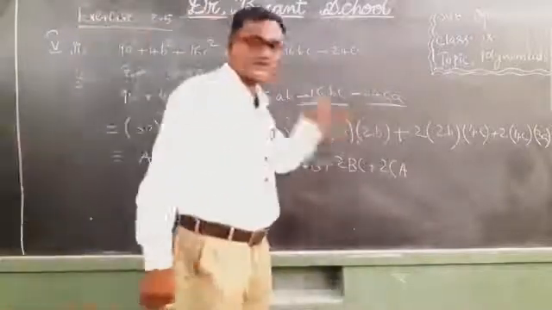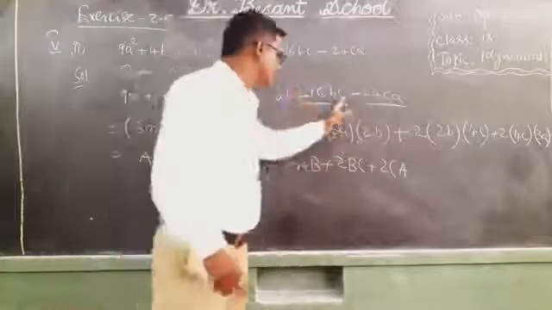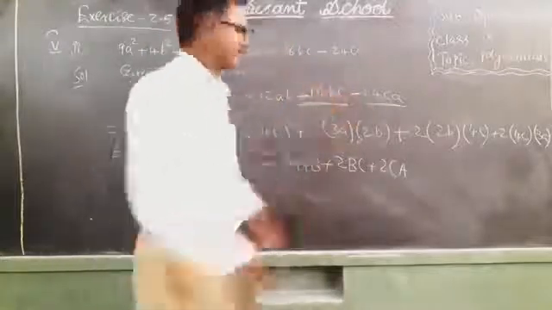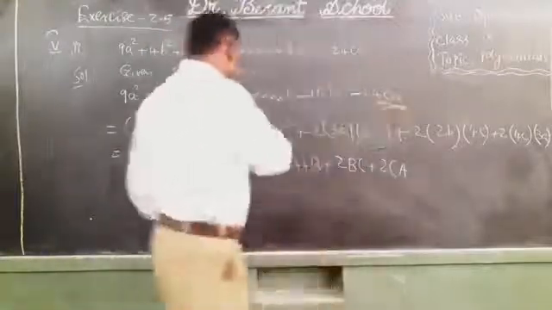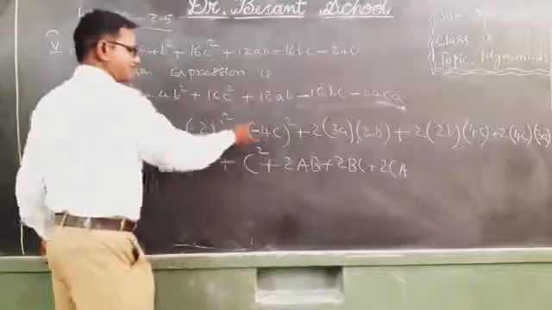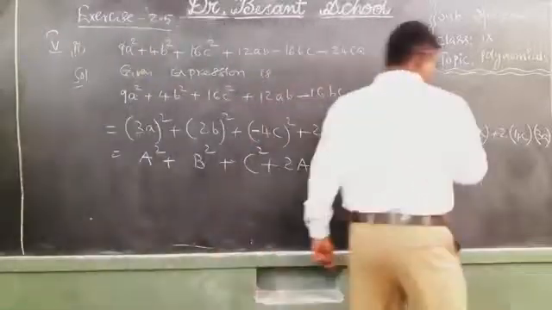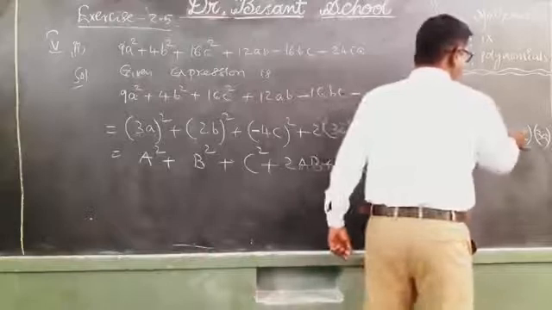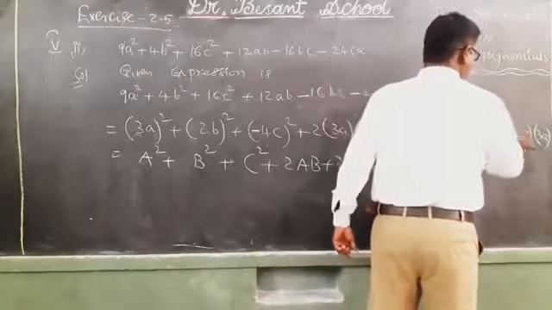In those two negative terms, identify the common variable. C is the common variable. So keep minus wherever you have C. Keep minus wherever you have C. Yes, here minus. Yes, next, here minus. And next, here minus. Observe children, here minus.